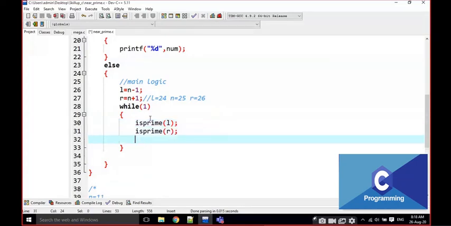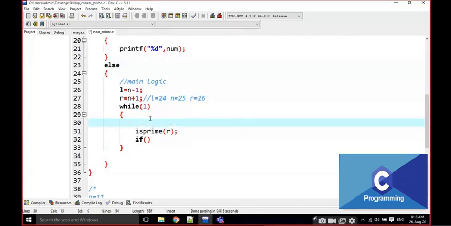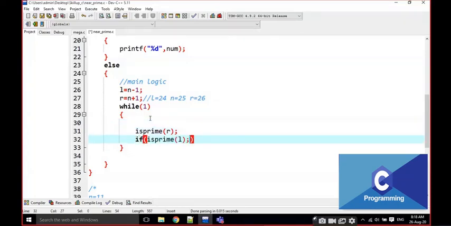If any one number is prime, I am going to check both the numbers.